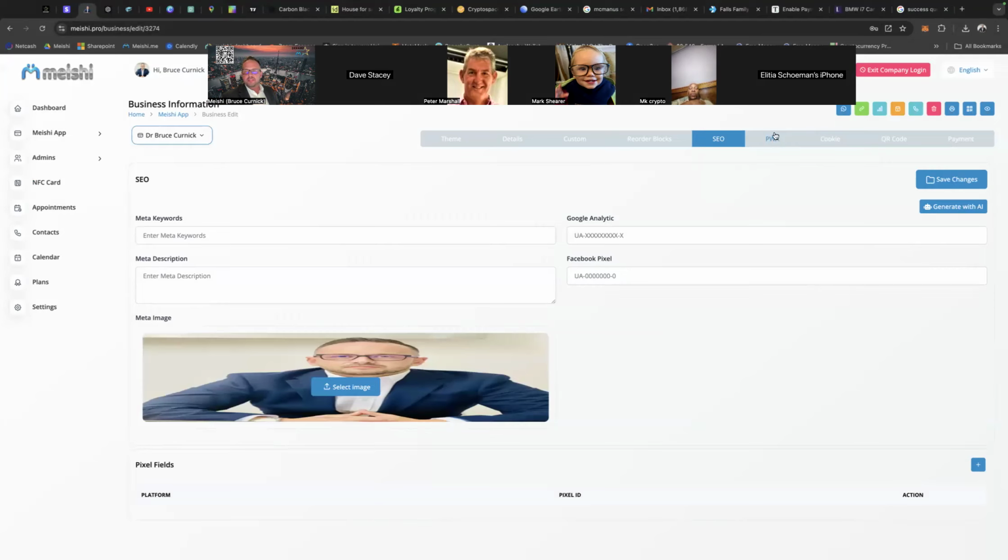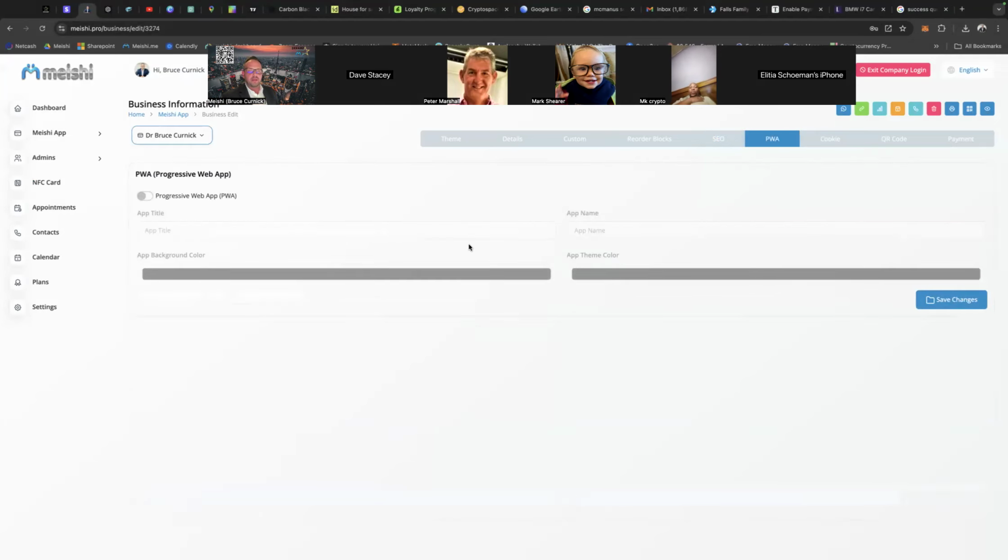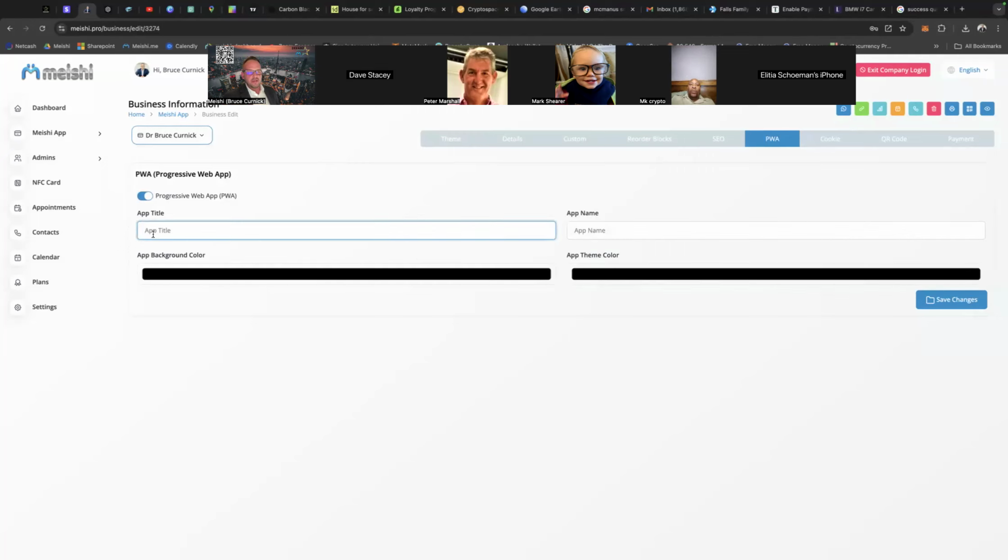Then the next important part is the PWA, which is your progressive web app. So this is the technology that Meishi uses. So when you share it to someone, they add it to the home screen, it actually converts from a web app, which is a website, to a progressive web app, which is a type of application or a normal app. And yeah, it's called a PWA. It's something quite new. Not a lot of people know about it, but we've been using it for about 8 years. So this has to be on. So when someone saves it to the home screen, you can type in the text that's underneath the image. So I'm going to, in this example,